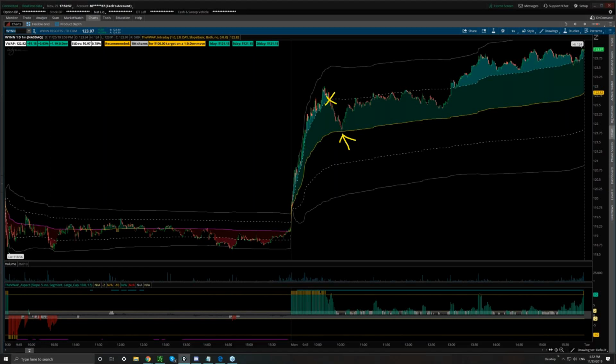Now, some people may be tempted to say, well, so I need to go short and try and cover at the VWAP. I would argue that because we have such an uptrending volume weighted average price, even if it flattens out, it doesn't exactly. There we go. Even if it flattens out, you're still in a rising market, right? And there are buyers who are eager to get aboard at or near the volume weighted average price. It's kind of fascinating. Look at the rejection that we saw at the deviation band over and over and over.